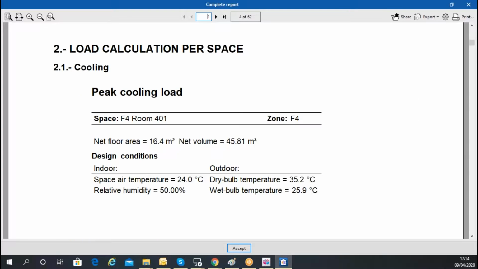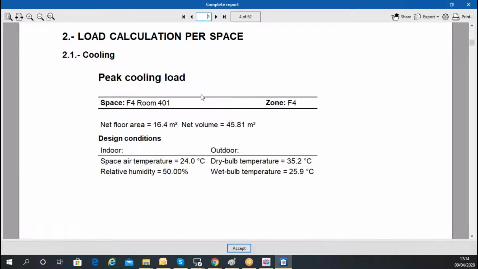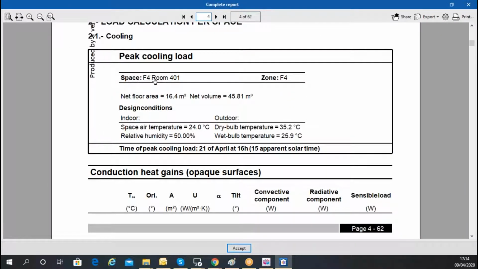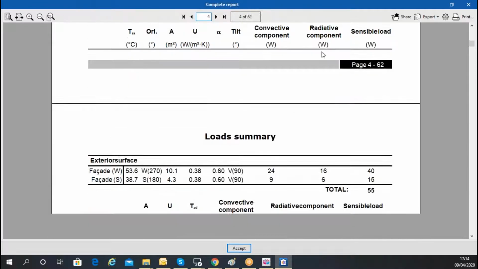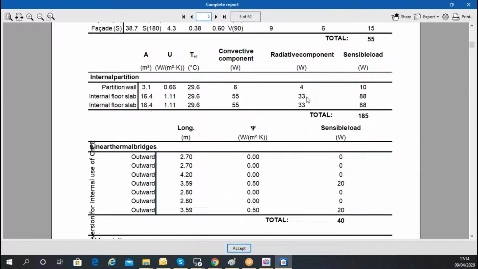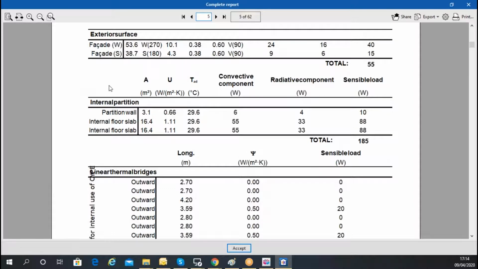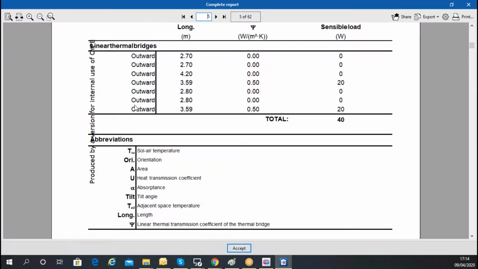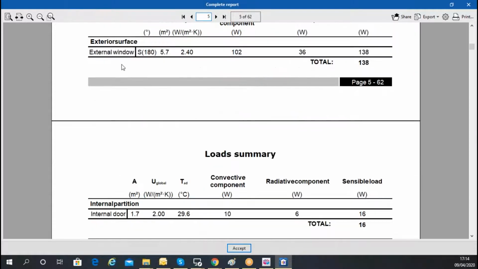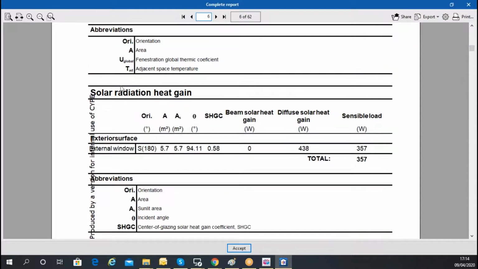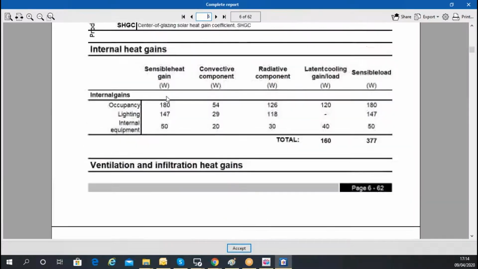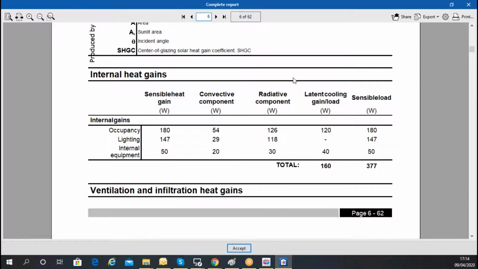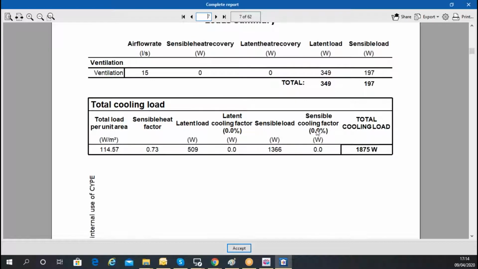For example, if I go to a particular cooling loads space, this is the floor 4, room 401, and we have this parameter data entry with the conventional heat gains, losses, sensible loads, radiative loads for the internal partitions, the external partitions, thermal bridges, heat gains according to the external windows, internal doors, the solar radiation according to the window. As you can see here, internal heat gains, occupancy, lighting, internal equipment, and this is the total cooling load